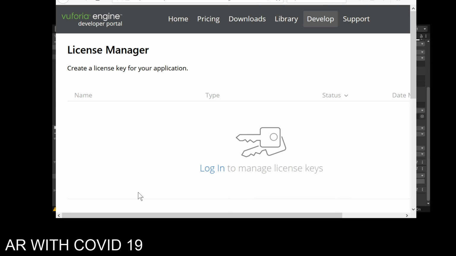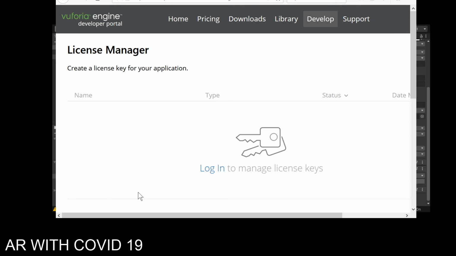So this is what a Vuforia developer license is. Essentially, you go to their website, you get a trial license, and once you have the trial license, you will be able to develop it within your